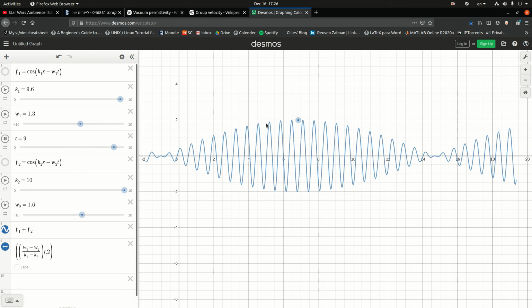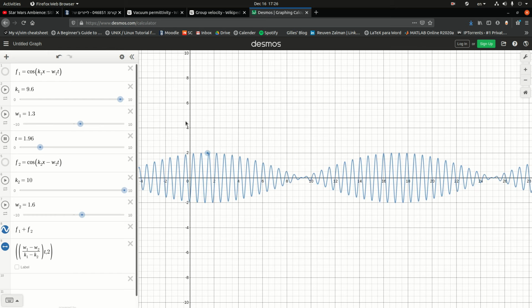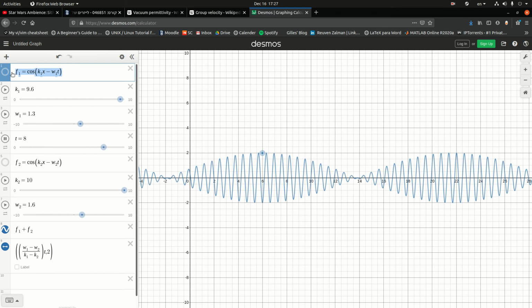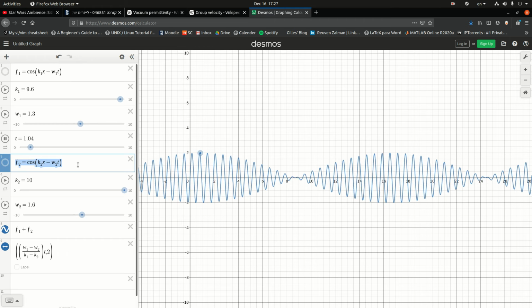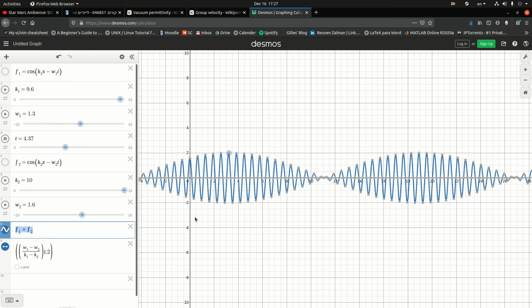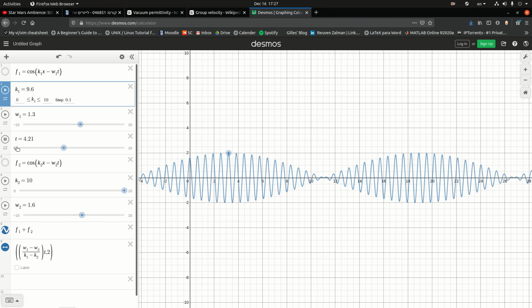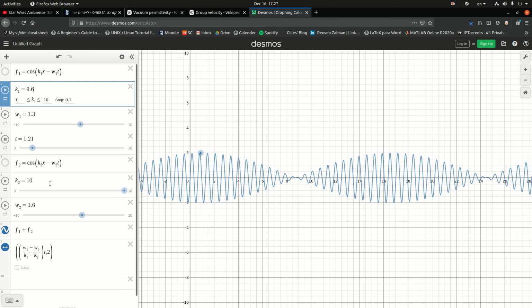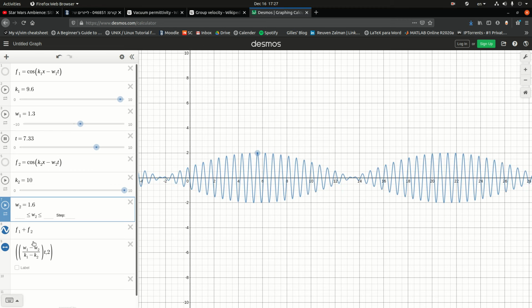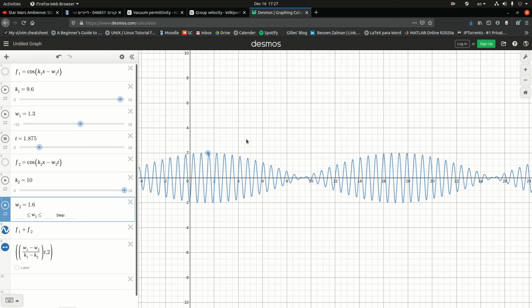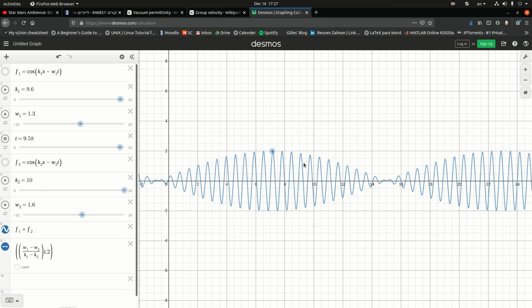This is an illustration of group velocity. You have this cosine here, this cosine here, and their sum. We have a wave number for the one, a wave number for the other one, a frequency and a second frequency, and you can see that although